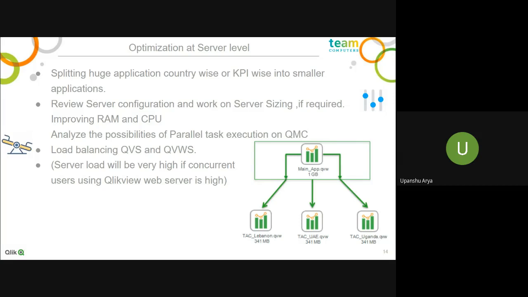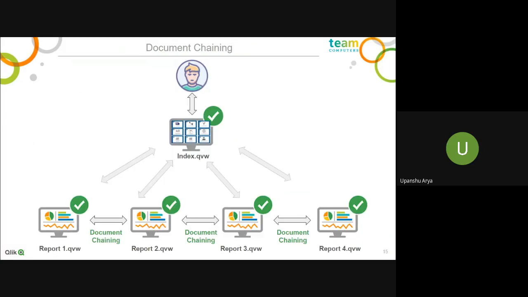My question is, if we use document chaining, does the user have to use two document CALs for two indexes? So we have to use two document CALs for two QVWs, if that particular user is going to access two QVW applications: first the index application, and another the application he navigates to. Or what we can do is keep one single application instead of creating a separate index application, with the index plus one country, or something like that.